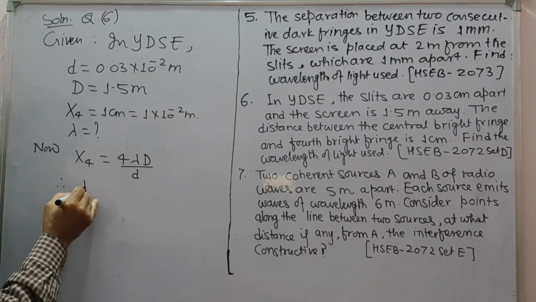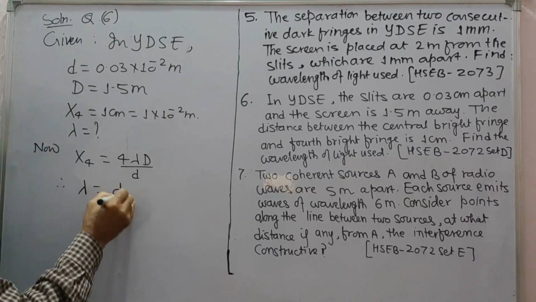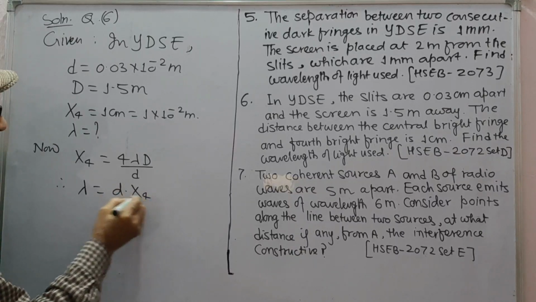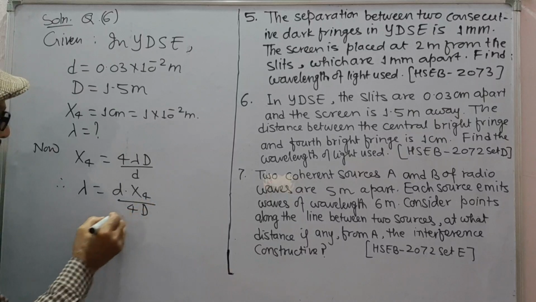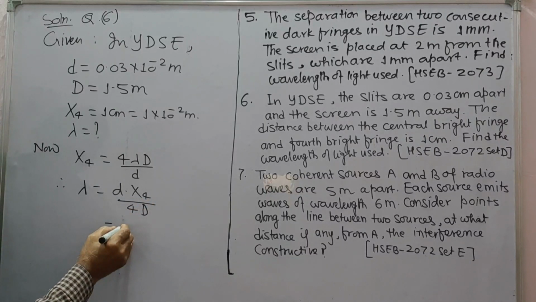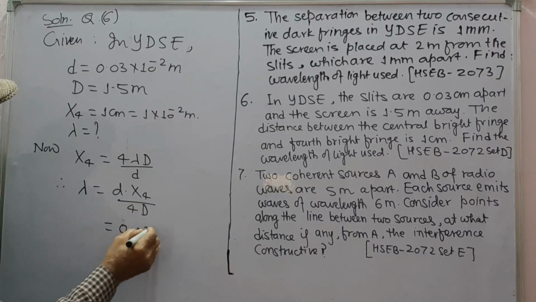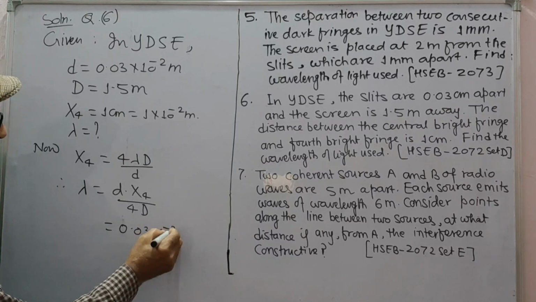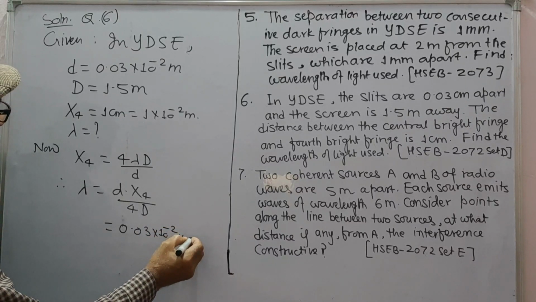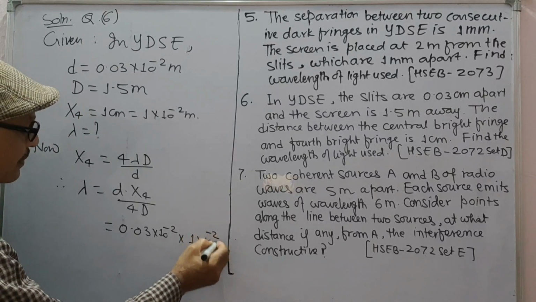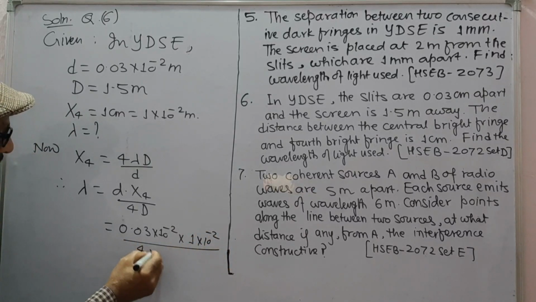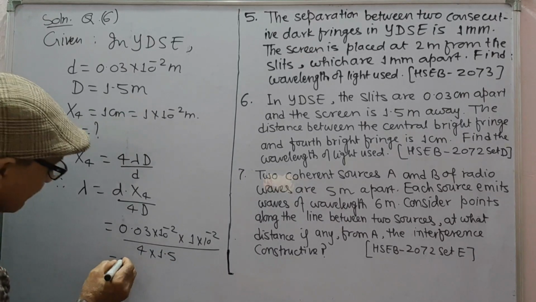Therefore, lambda will be equal to d into X4 divided by 4D. Value of small d is 0.03 into 10 to minus 2, X4 is 1 into 10 to minus 2 upon 4, D is 1.5. We get